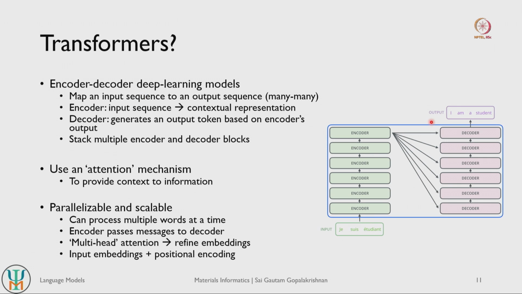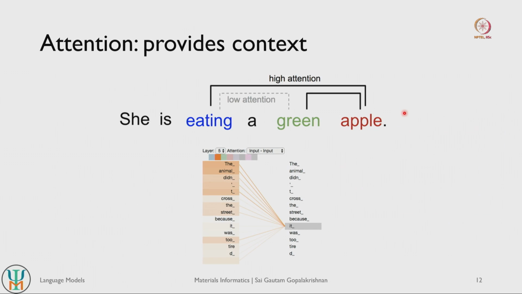These are mathematically quite complex objects, but we will try to understand how these work from a big picture perspective. Okay. So I mentioned that attention is the heart of why transformers work very well. So let us try to understand what I mean by attention. If you look at this sentence, she is eating a green apple, we see that the word eating has a very strong association with the word apple, right. This is natural for us because when someone is eating, the eating process must be associated with the food, right.